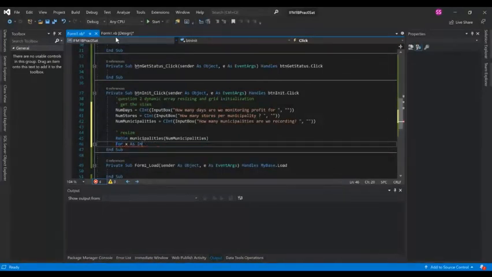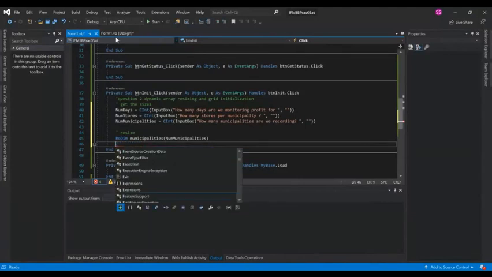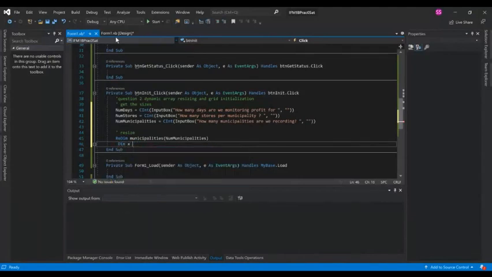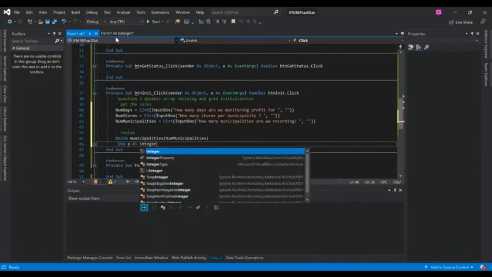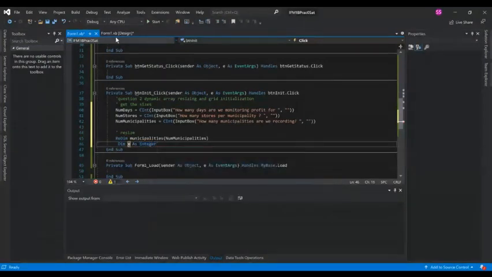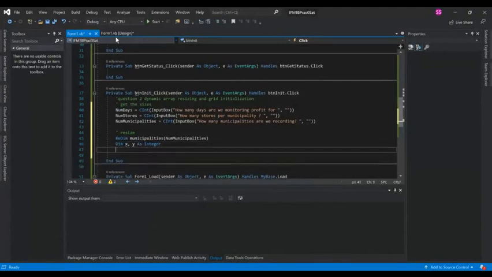Wait, let's just do this in a more easy manner. We said we're gonna have 2, so I'm just gonna make X and Y at one time. I'm gonna say X